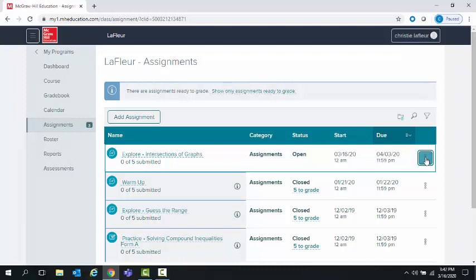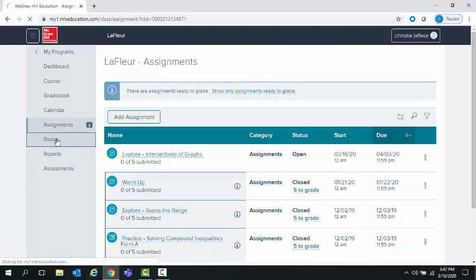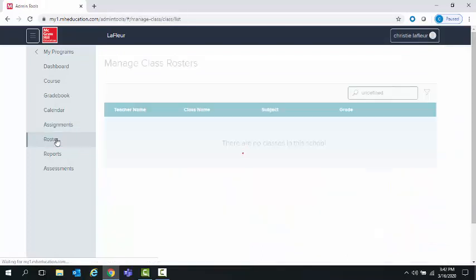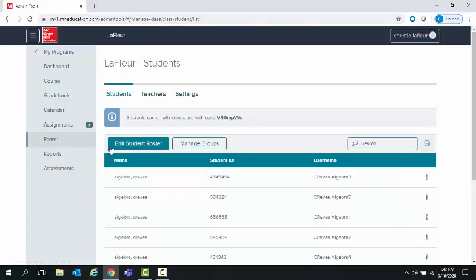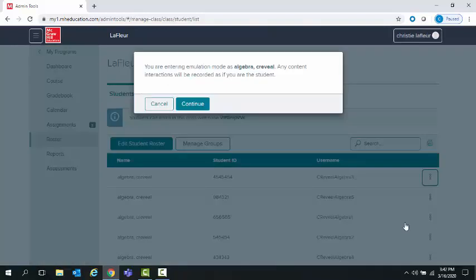Also keep in mind, like I said, if you decide, oh wait, I needed to copy that to a class, you can do it from here, and you can also share your assignments with Google Classroom. Now, another thing that you can do is if you really want to see what I assigned to my students, go to Roster. So I simply am going to choose Roster, and then over here I can choose a student, and I can emulate this student. So now I'm going to be entering into emulation mode,